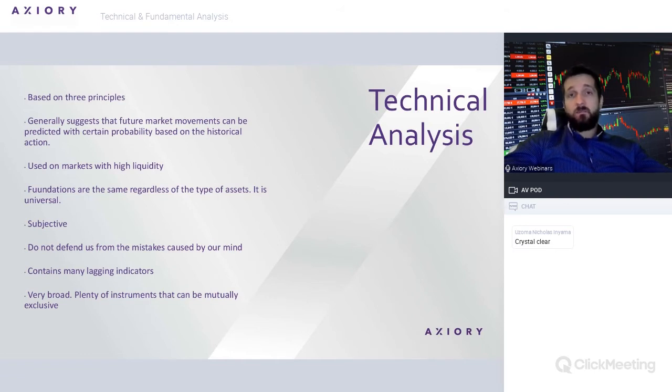This is subjective because, for example, some people can see this pattern, but others will not see this pattern because, for example, they are biased about one side of the market and they want to sell all the time, and they will not spot anything positive on the chart